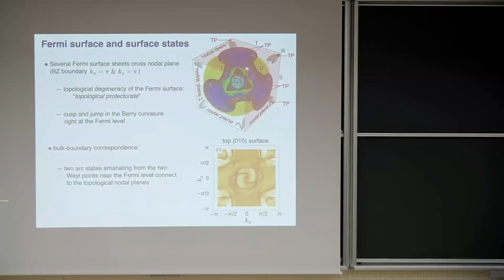So we can also verify this bulk boundary correspondence for this material. So also with the DFT, we have computed the surface states, and we see here Fermi arcs that come out of the projection of these Weyl points on the ky line. There's also bulk states here, so it's maybe not so clear as in the model, but you still see some Fermi arcs that come out of the center and which kind of connect here to bulk states at the boundary of the Brillouin zone.